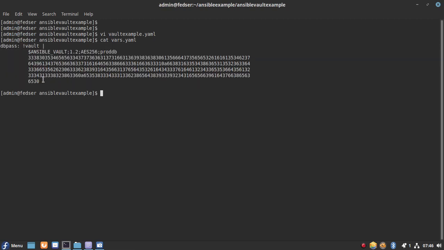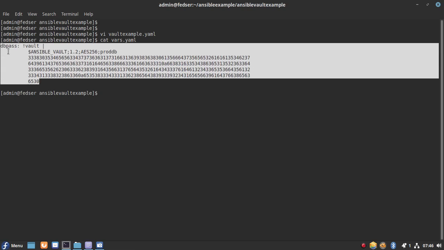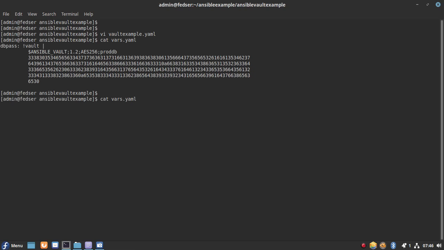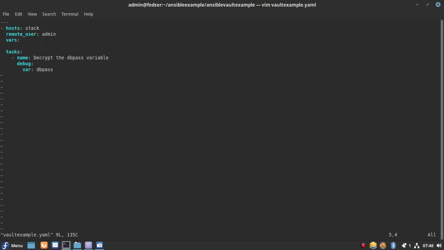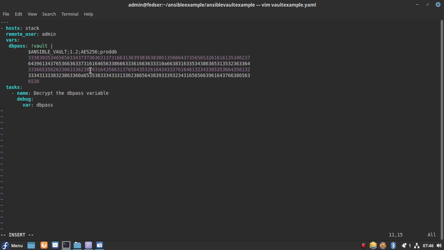Let me copy this one, open this file, and copy the content over here. Right now, instead of using a vars file storing the encrypted content, we are directly using the content within the playbook.